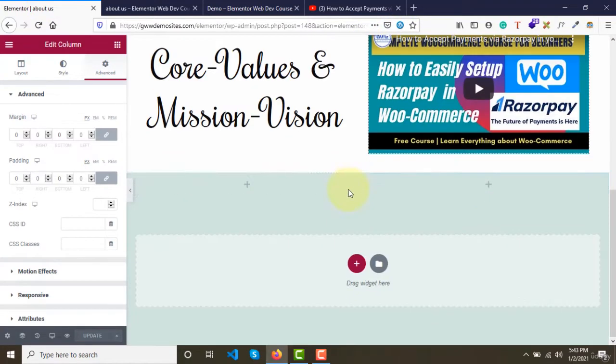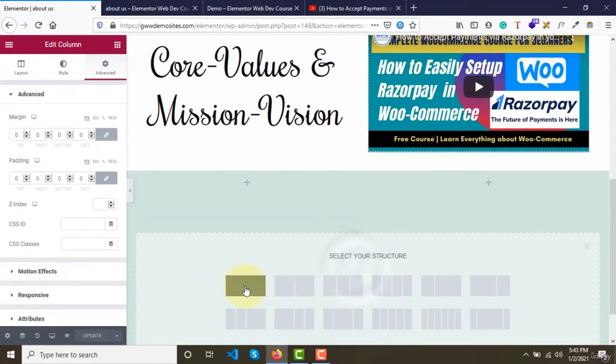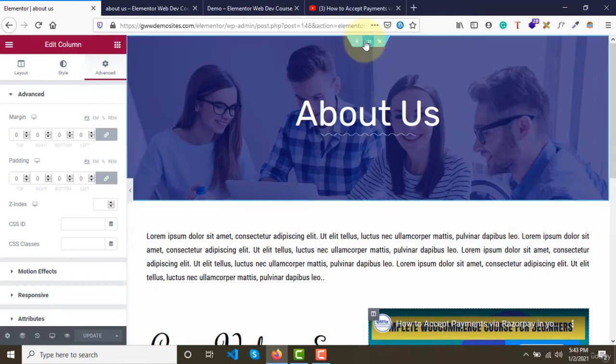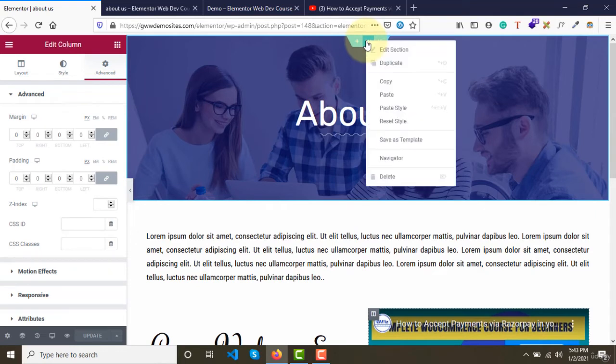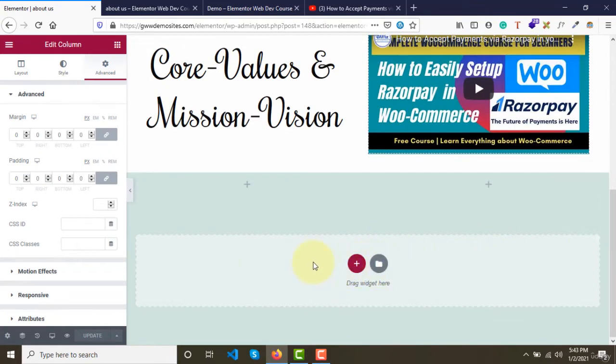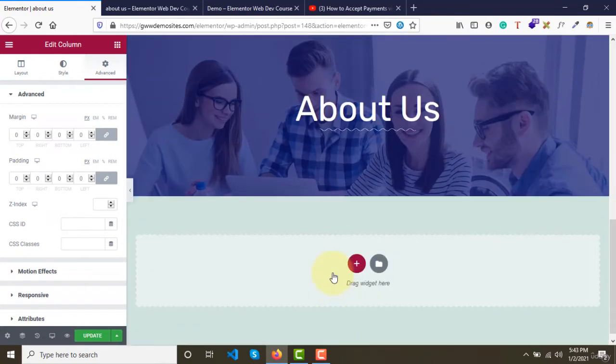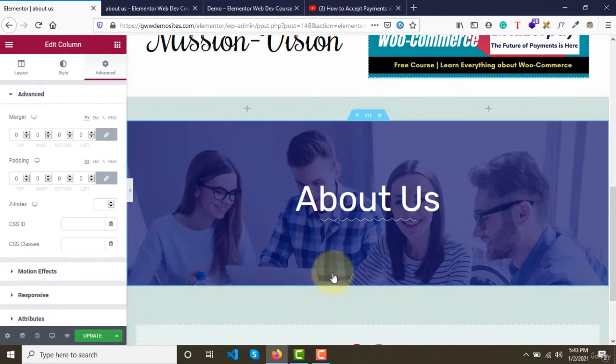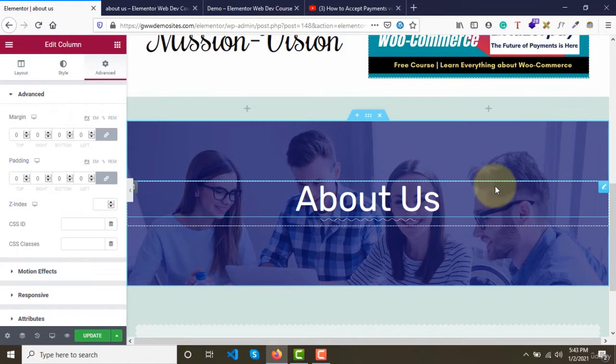So to create this section, either you can do it from here from scratch, or else what we can do is we'll take from what we have done already. The first hero section which we have already created. Copy this, right click on this center icon, and you'll have this option called copy, and scroll down, and here you just need to right click and click on paste. So as you can see, now we have this section here as well. So what we need to do is,